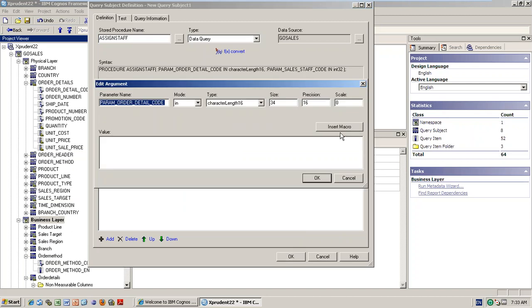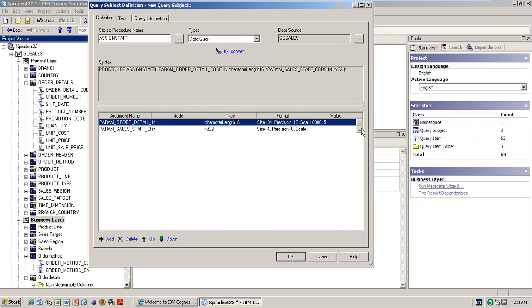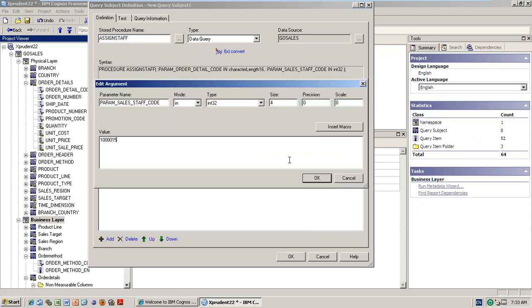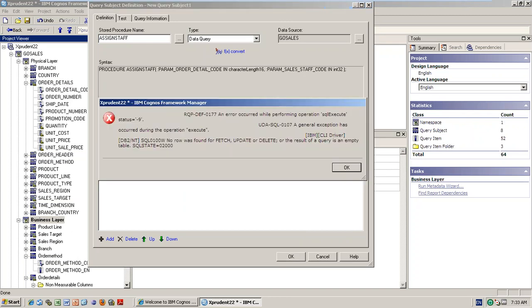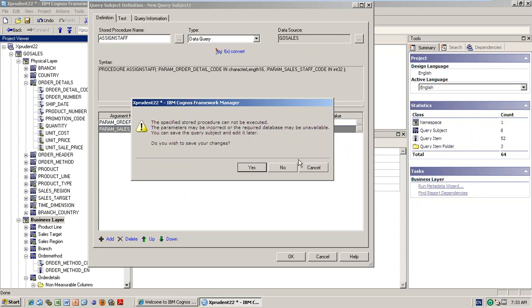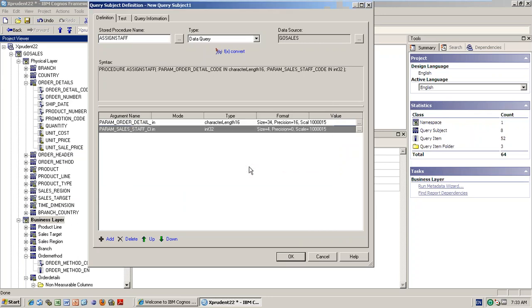You just go ahead and select here. For the staff code you put something else, okay? Original names. Okay, there is no row present for this. No problem. Do you want to save it?